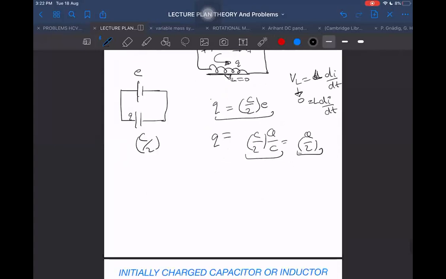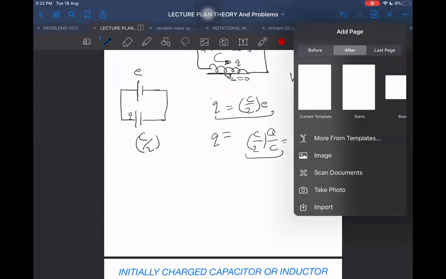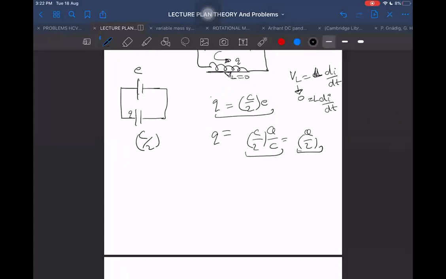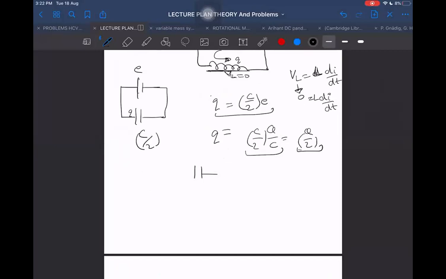Yes, sir. Now you tell me one thing. What will be the situation? This is our battery assumption only, but the actual situation is not this. The actual situation is there is an inductor, and there will be another capacitor. I know what the charge flown is. It was having charge initially Q. How much has it sent already? It has sent Q by 2, because the charge flown in the circuit was Q by 2. Then what charge is remaining in this? Q by 2. What charge is coming to the other side also? Q by 2. Here plus Q by 2, other side minus Q by 2. This will be the situation at that time.